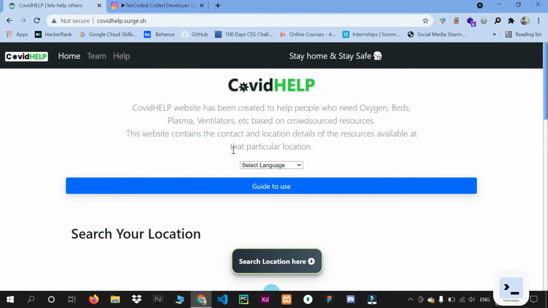But one thing is that this website is built only for Maharashtra state as of now. I will soon update more states of India, and I'm also thinking of global use after updating many other things too. So let's start with the logic behind this website.